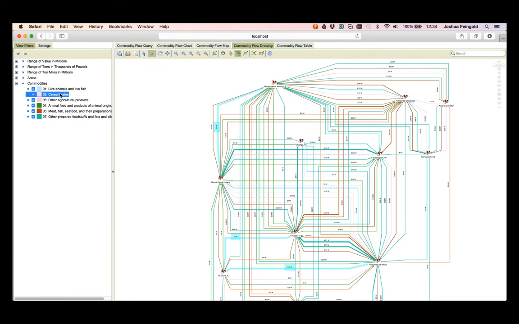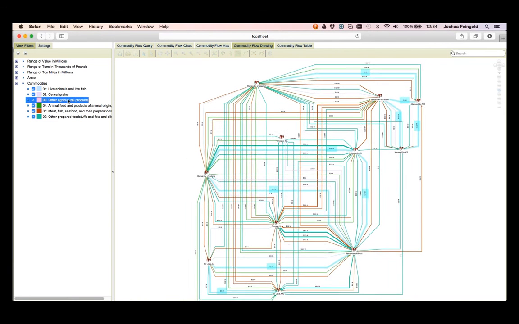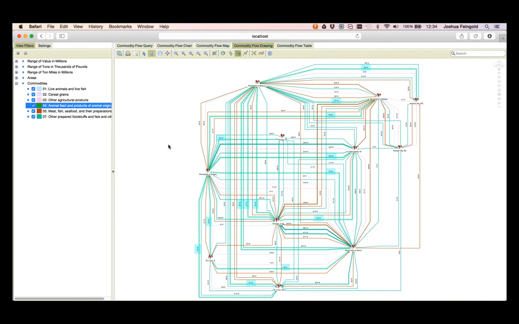So we can zoom out, and in fact, we can do things like select each type of commodity. So here's my live fish and animal edges, right? So if I want to find all my live fish and animals, I want to find all my cereal grains, I want to find all my other agricultural products, etc. So now we've taken this data, which was 500,000 lines in a spreadsheet, right? So not useful to anyone. We've converted it into a Neo4j data store so that now we can actually access it. If we're smart, right? We can write a Neo4j Cypher query. We can get in there and we can get exactly what we're interested in,